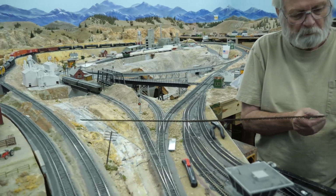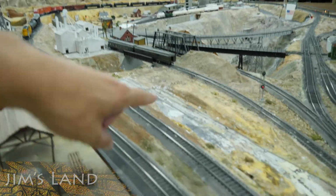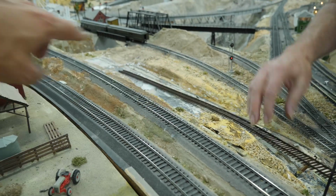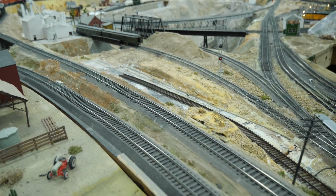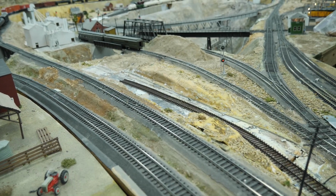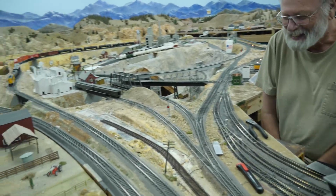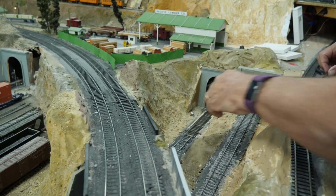Oh, nice. So a long time ago this used to be like concrete where the track was, and it went through that. So there was a couple layers of some kind of paperboard that brought that up. So Jim cut that all out. So that's gonna be much better. So John is